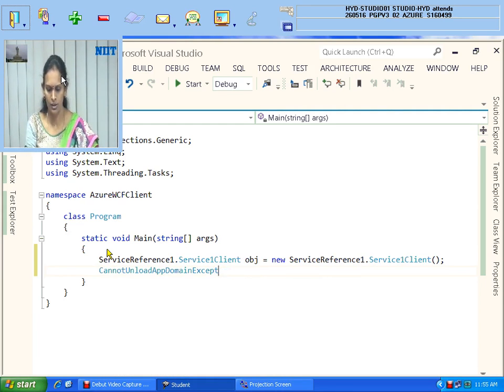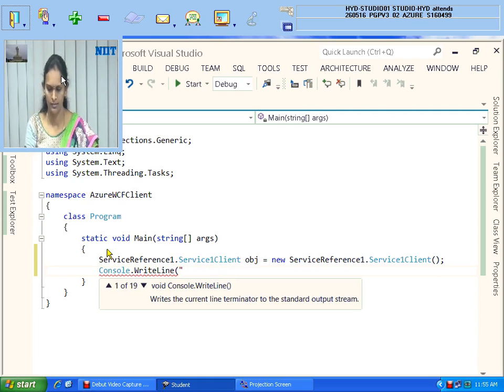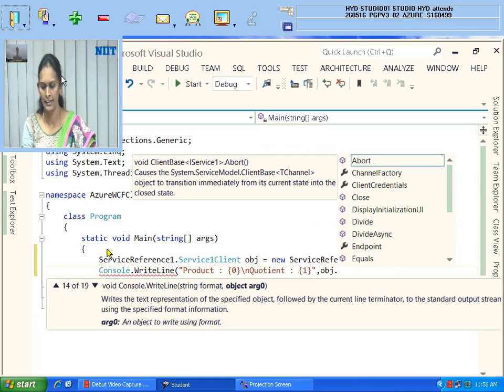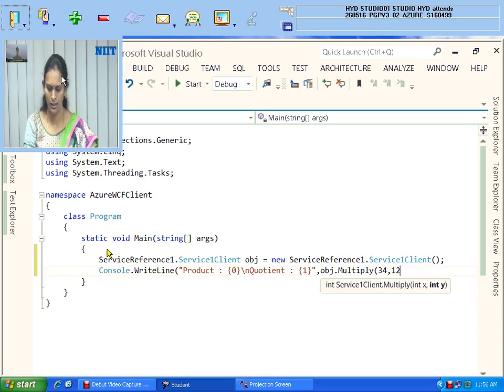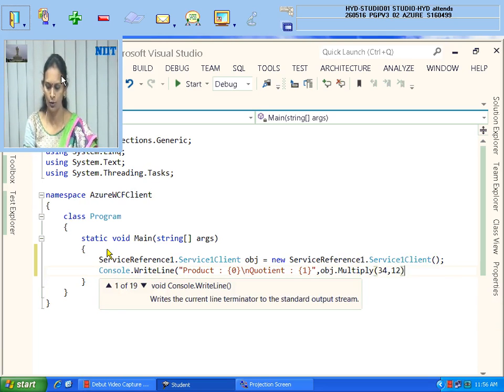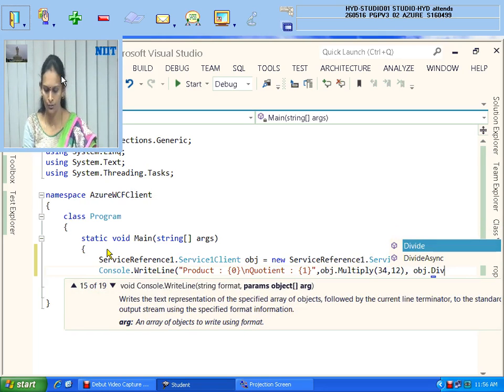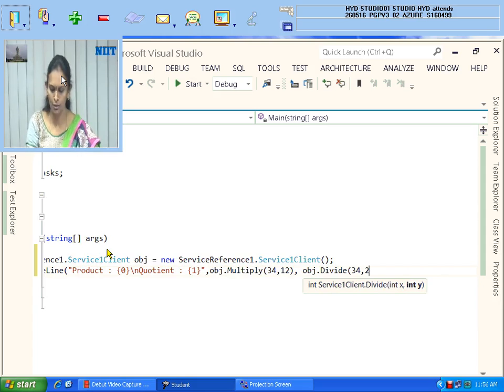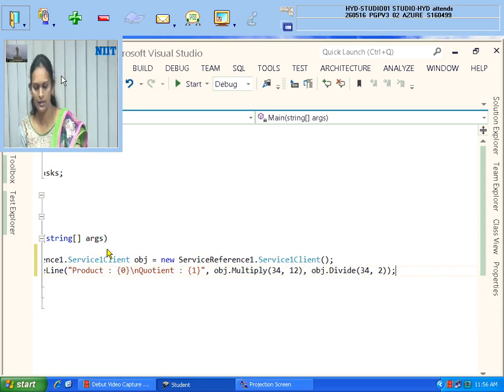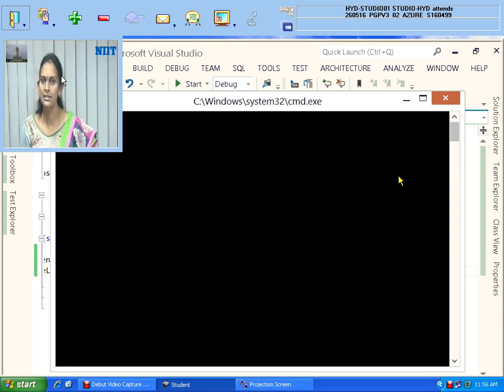Console.WriteLine. I'm calling obj.Multiply and sending 34, 12, and obj.Divide sending 34, 2. Now check whether it is able to access the functionalities from the Azure portal or not.